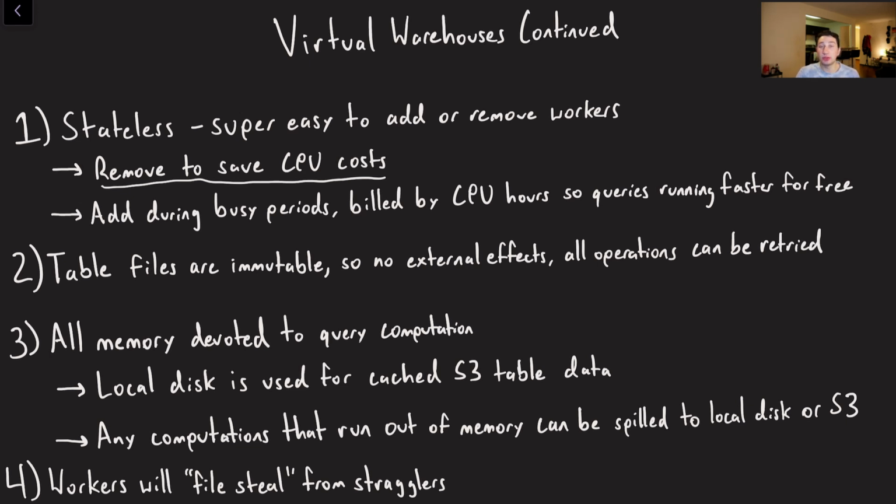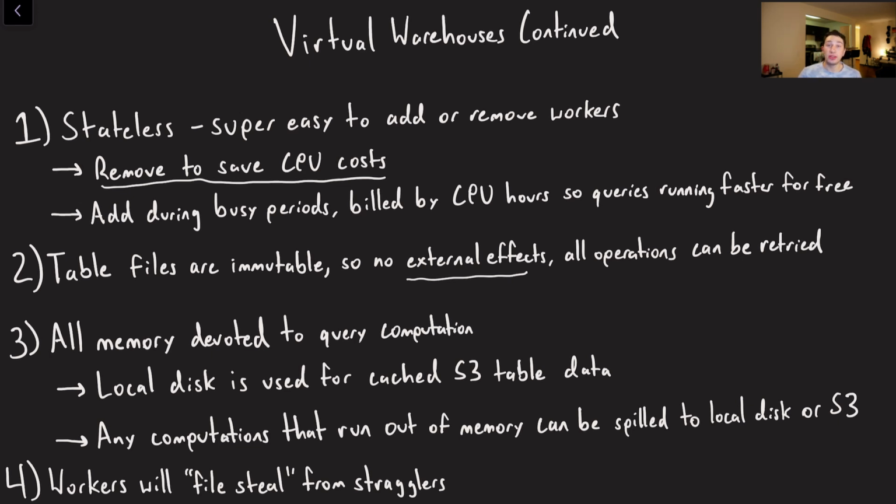Another thing is that all of these table files that we're storing in S3, right, all of this column-oriented data, it is completely immutable. You don't have to worry about any sort of contention or locking or anything like that. And additionally, it means there are no external impacts, right? So even if we were to update or write new data into our table, that is going to lead to a new S3 file. It's not going to modify any existing ones. So we don't really have to worry about external effects very much. If some sort of operation dies midway through, we can just go ahead and retry it. It is not the end of the world, and this makes the system a lot easier to reason about.